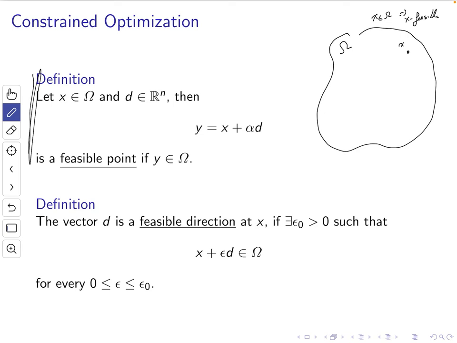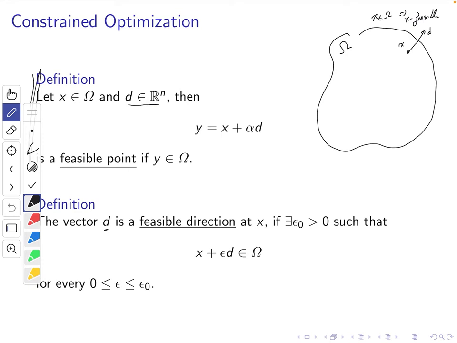We say that a vector d, and d here is going to be in Rn, is a feasible direction at x if there exists an epsilon naught so that x plus epsilon d is in omega for every epsilon between 0 and epsilon naught. So in other words, a vector d, let's say in that direction, is going to be a feasible direction